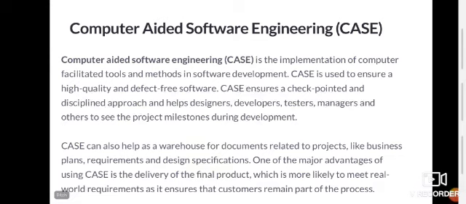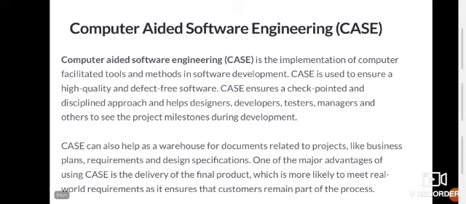Okay, and CASE can also help as a warehouse for documents related to projects like business plans, requirements, and design specifications. Warehouse means it also helps to store important documentation related information about projects like that.